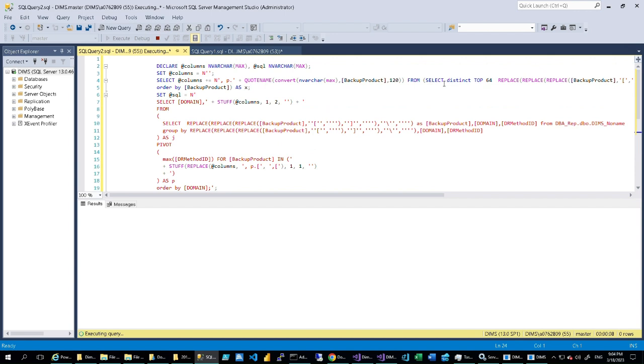And another thing, we can have only 64 columns if we want to use the legend, because I believe this was the maximum number of columns that you can use when you dynamically create this. Maybe I'm mistaken, I don't know, but this select distinct top 64 has a meaning. I don't remember exactly why I chose this 64, but anyway, let's wait for the